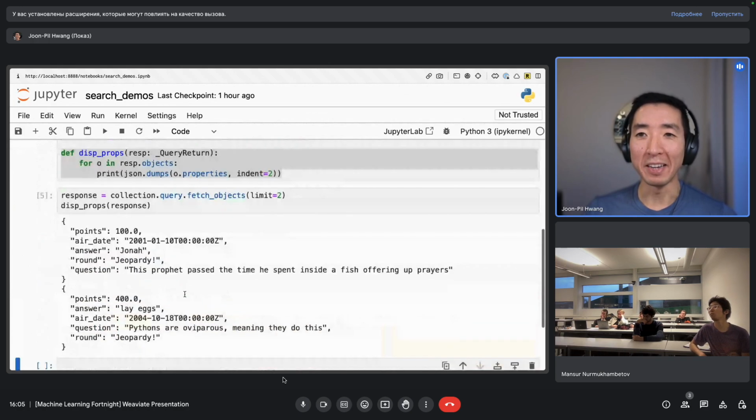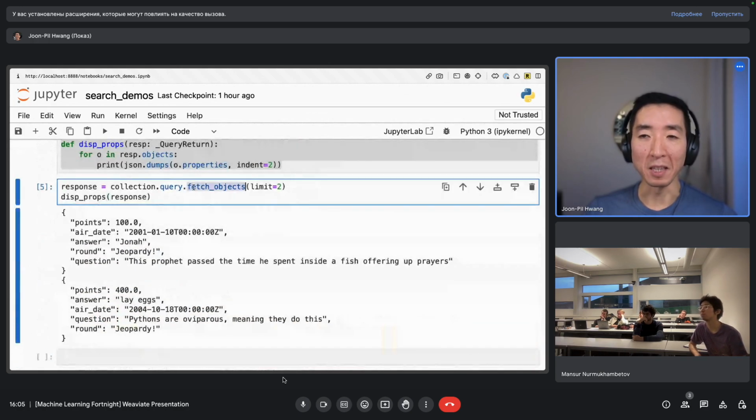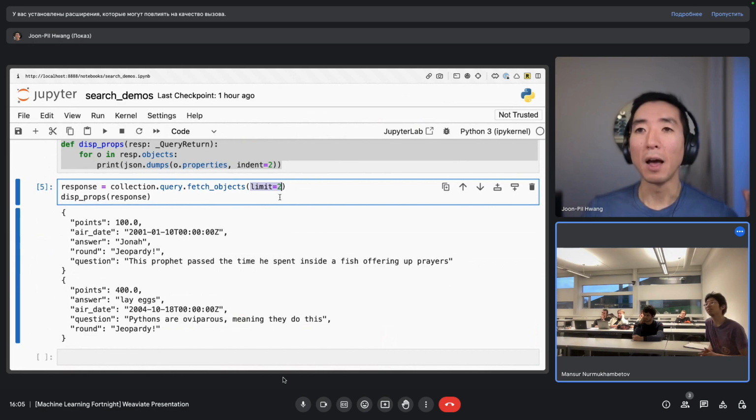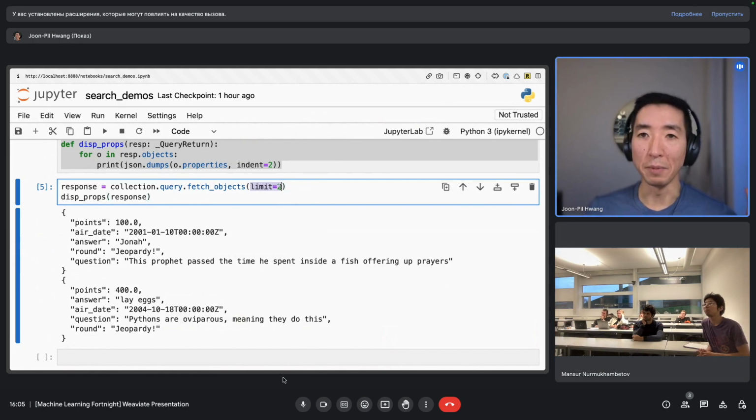If I run this query, at the moment I'm just fetching two essentially random objects. You can see I've got a limit parameter here. So I've got a limit of 2, so I'm grabbing 2 objects, but I haven't specified any other parameters.